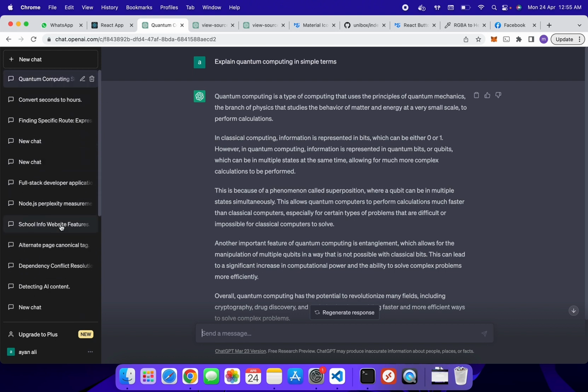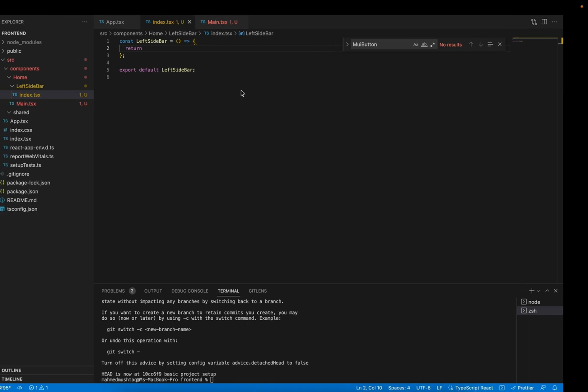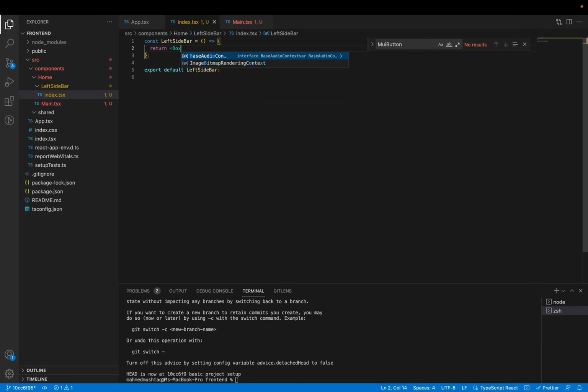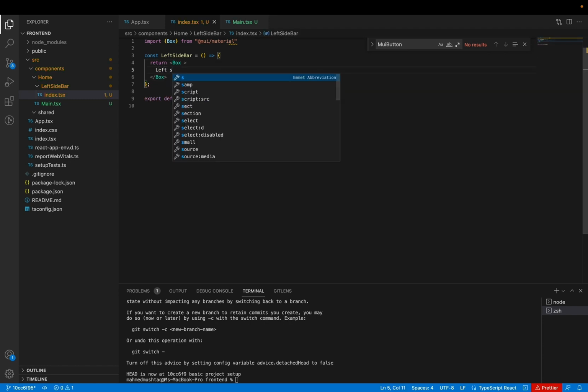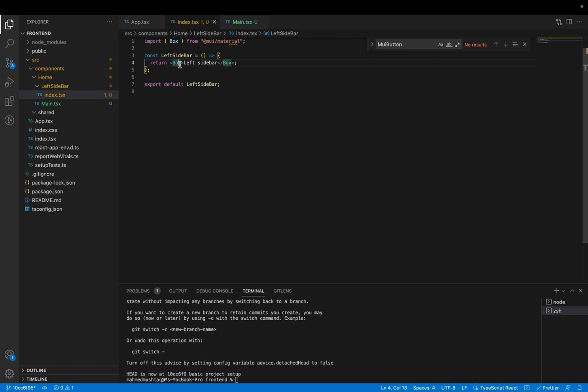Only the inner portion of the sidebar moves, because it contains history, and history has a lot of data. So for this, you can create another container, import Box from Material UI, left sidebar, and give some properties,